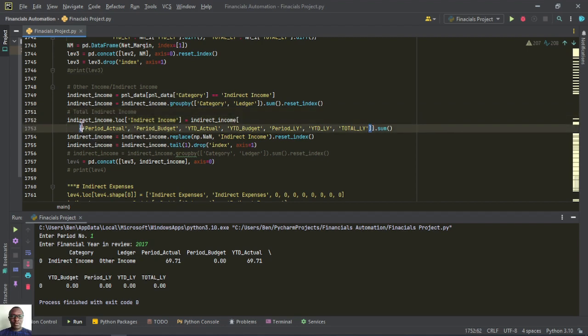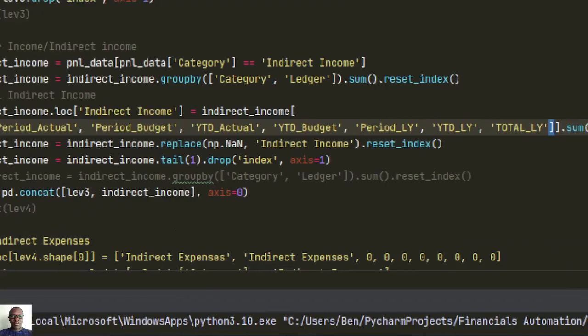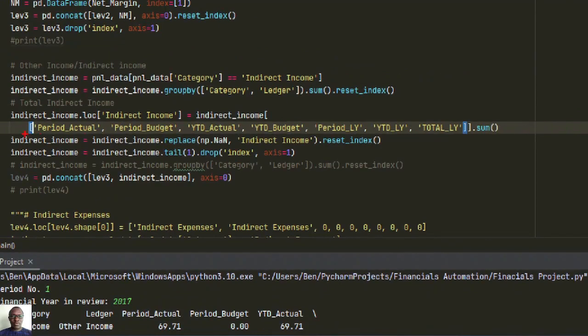You can see what we have here, and then we are summing the numerical columns, of which we have period actual, period budget, YTD actual, YTD budget, period last year, YTD last year and total last year. So we are summing all these